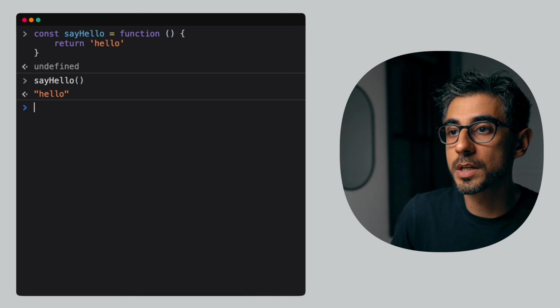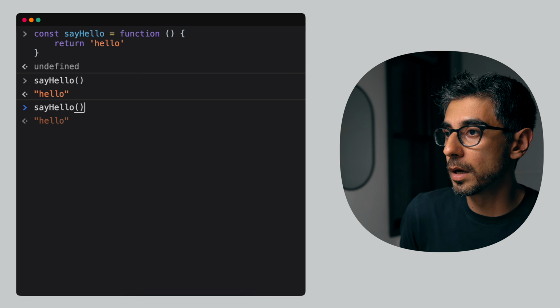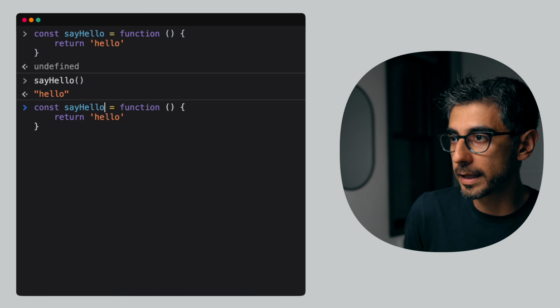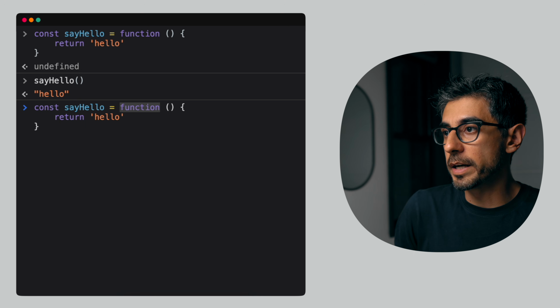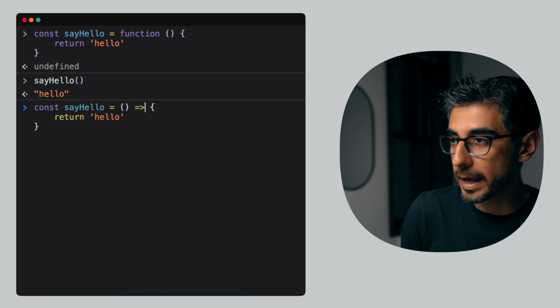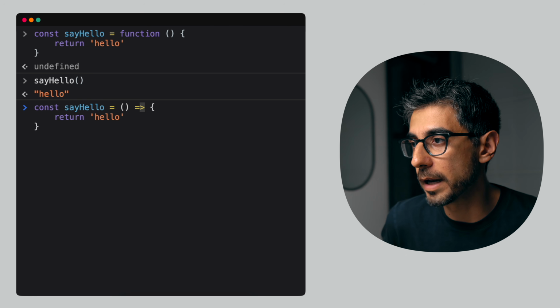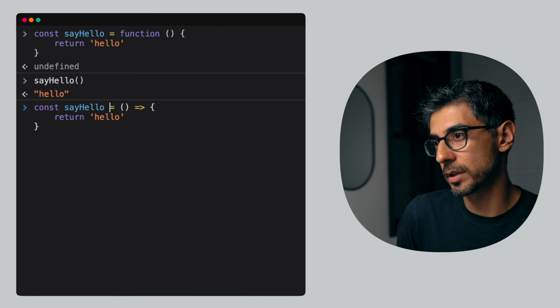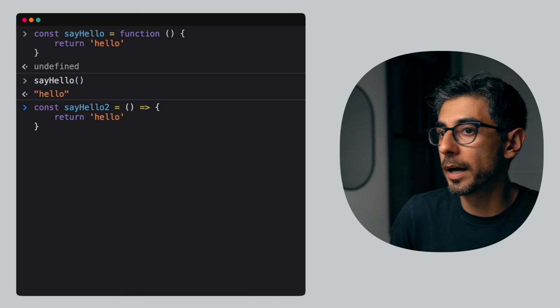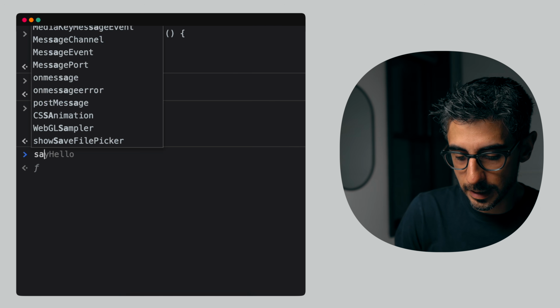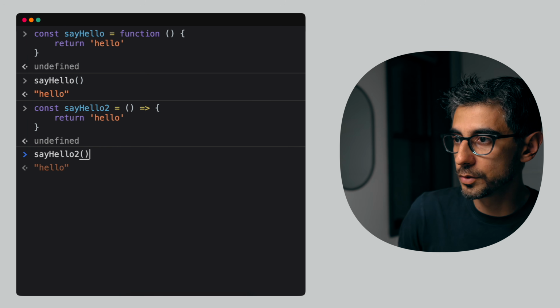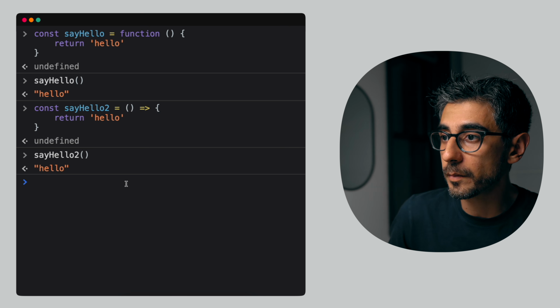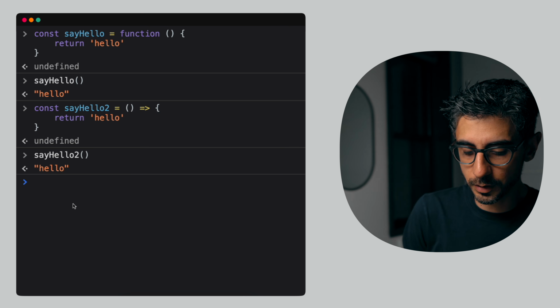So how do I convert this into an arrow function? I'm just gonna rewrite it, and instead of writing function, you get rid of the name and you type in an arrow between the parentheses and the curlies. I'm actually going to call this sayHelloTo, and press enter and sayHelloTo. That's it. If you're passing an argument to it, you can say